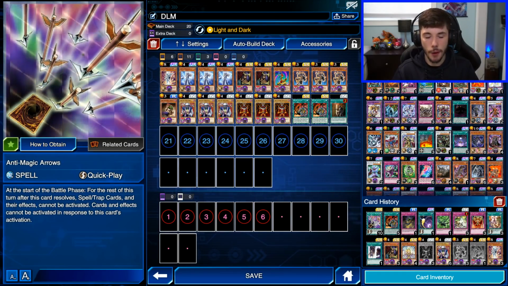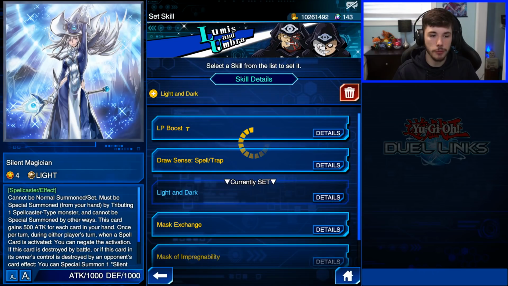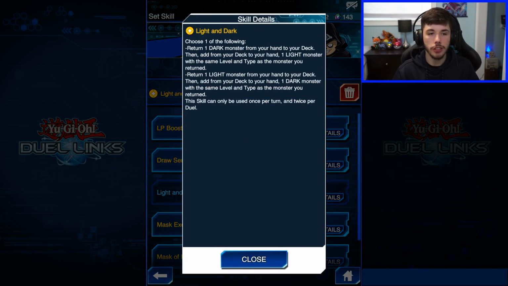But yeah, basically this farm deck is pretty straight to the point. The objective of it is to summon Silent Magician as quick as you can. So basically we're using this skill from Lumis and Umbra called Light and Dark. Basically what you can do, and the only one that we're going to be using in most cases, is that